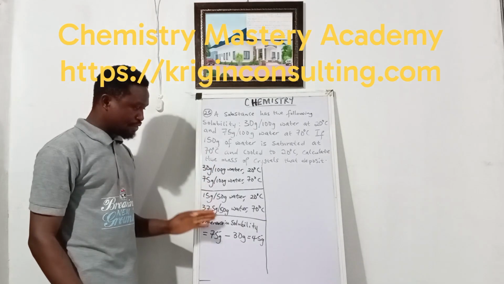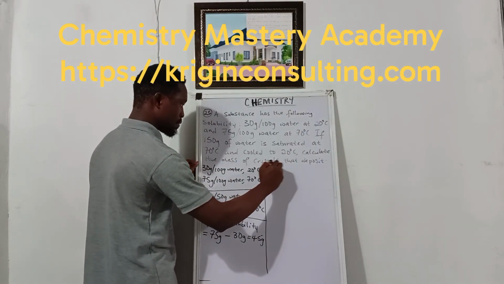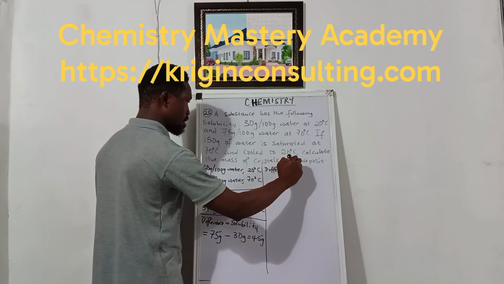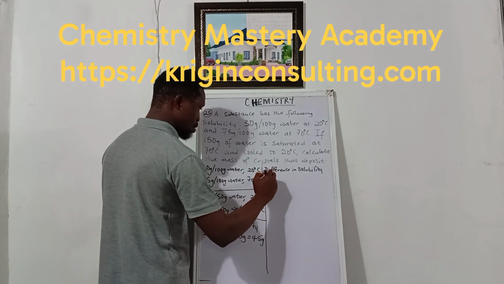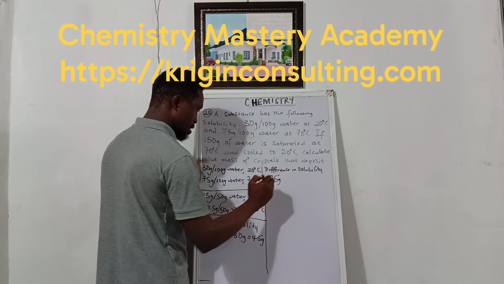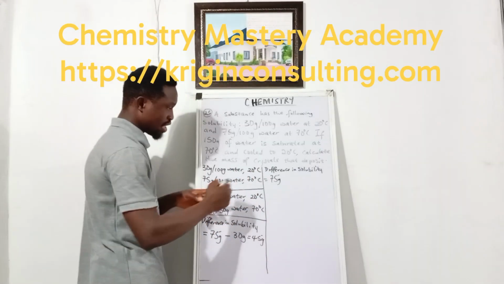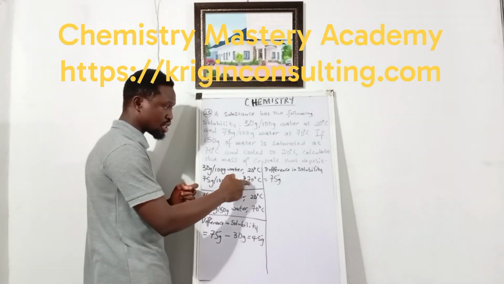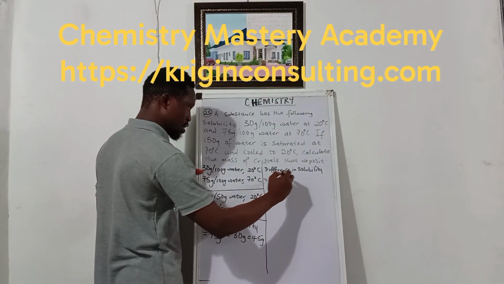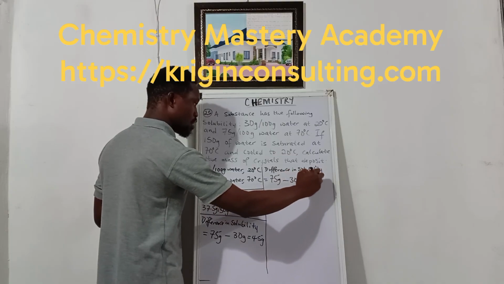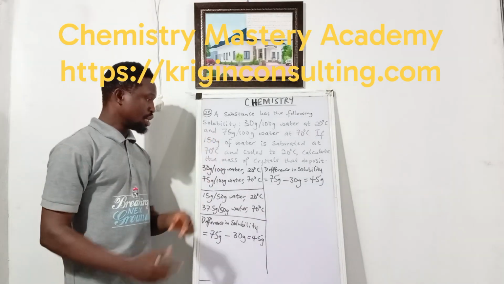Now, having said that, let me write it here. Difference for this particular scenario in solubility is equal to 75 gram at 70 degrees Celsius. Remember, we are reducing the temperature. So what they are saying is, when I reduce the temperature from 70 degrees Celsius to 20 degrees Celsius, this mass minus this mass will give us 45 grams. That means it is 45 grams that will dissolve in